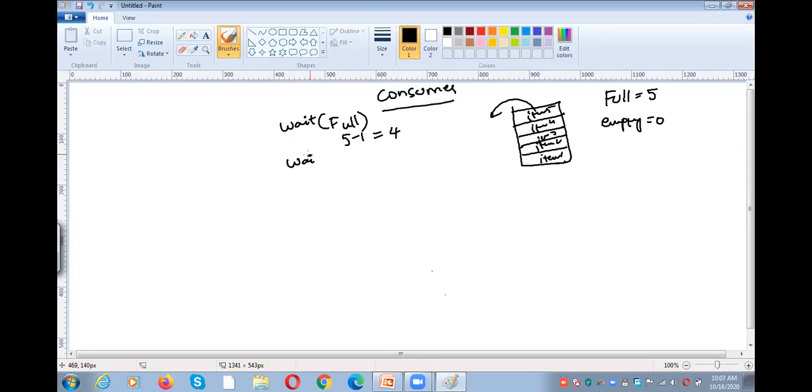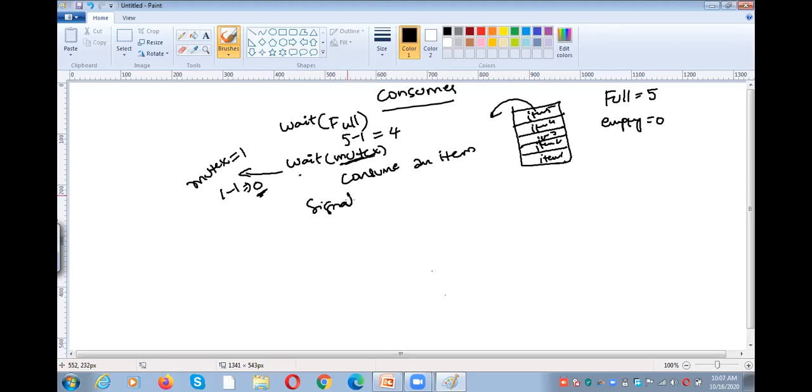And then whenever a consumer is trying to consume, two consumers are not allowed at the same time. So you need to perform the wait operation on mutex. What is the mutex value initially? Initially the mutex value is 1. Wait of mutex means 1 minus 1, 0. So consume an item. Whenever another process tries to consume something, it has to perform wait of mutex, but the process is unable to perform the wait operation. Why? Because the mutex value is 0.